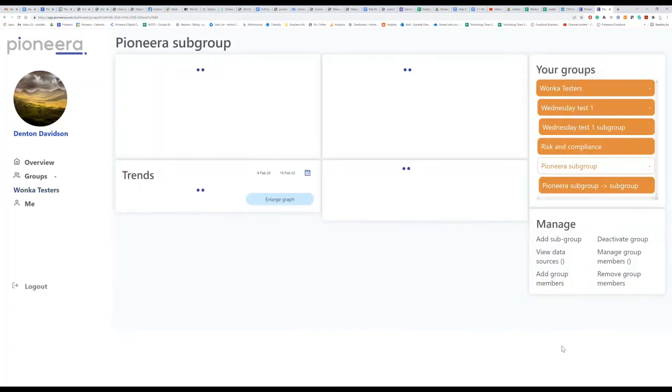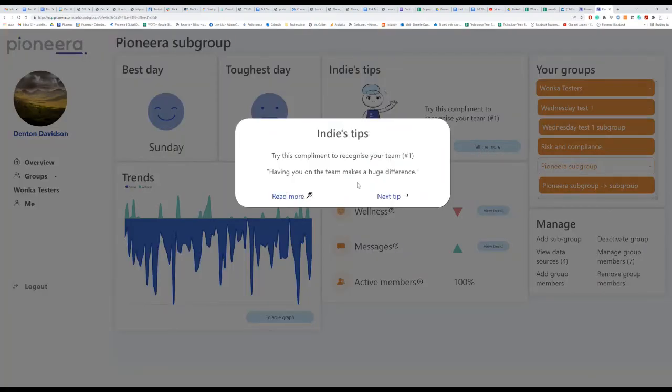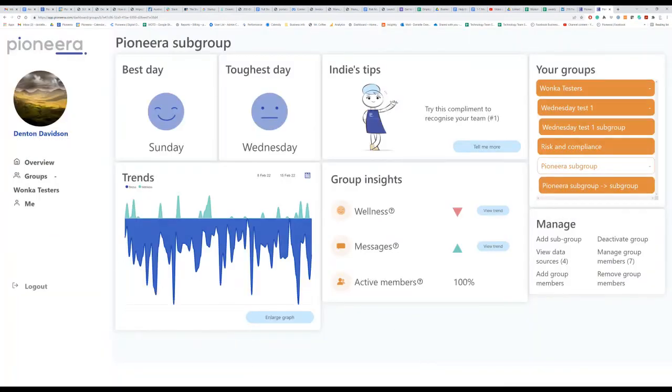If we look at another group within the organisation, because you can break it down to as many groups as you like, this one is recovering a little bit more effectively. So there's an opportunity for this group to help the other group in managing their stress to maintain positive mental health. Indy's recommendations to the team include a lot about recognition because it's very effective in building positive mental health. These recommendations are created to support high performance leadership and to support a team. This is one way that you can experience Indy